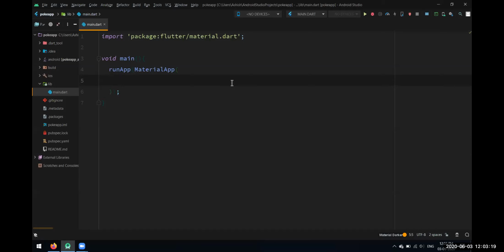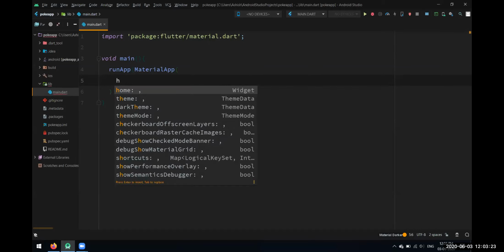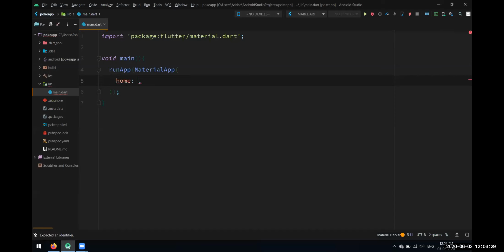This is clear, I think, for everyone. Yesterday we did this many times, and here we have some properties. We have the home property. Everyone knows why we use this home property. The first page of our app, we give inside this home property.